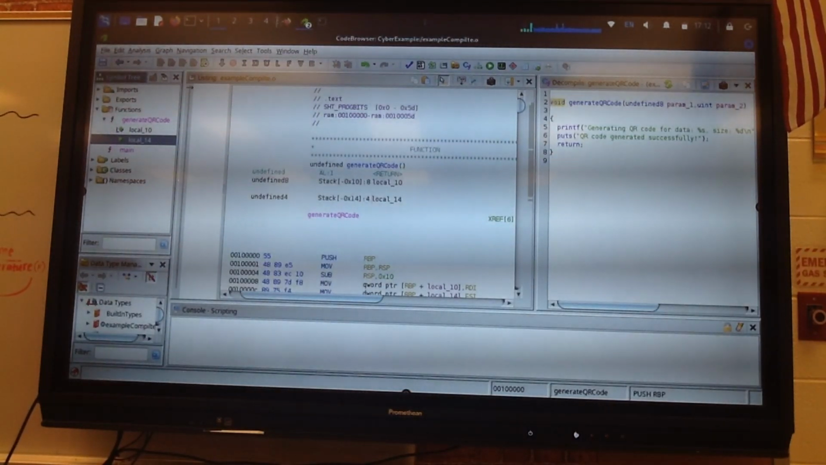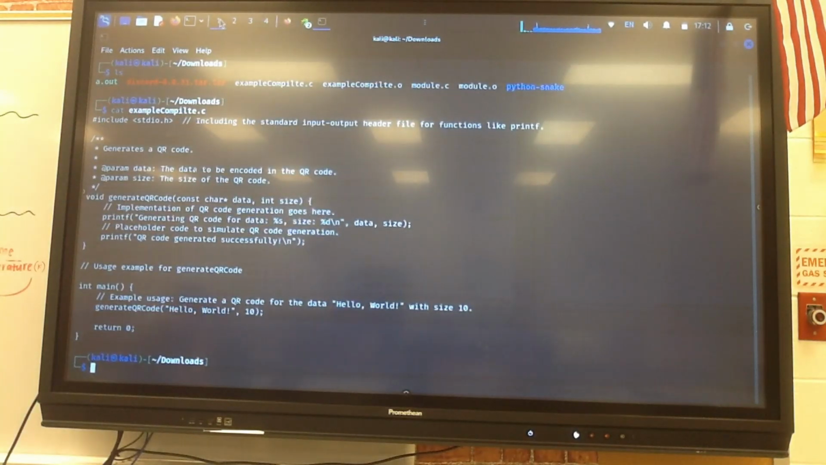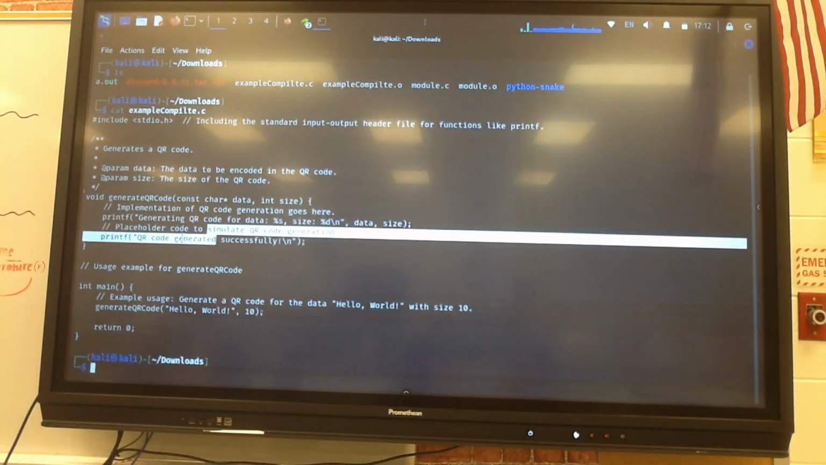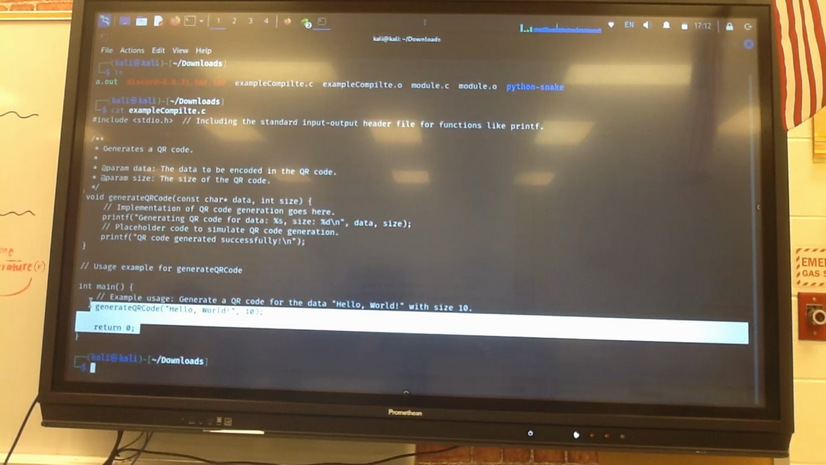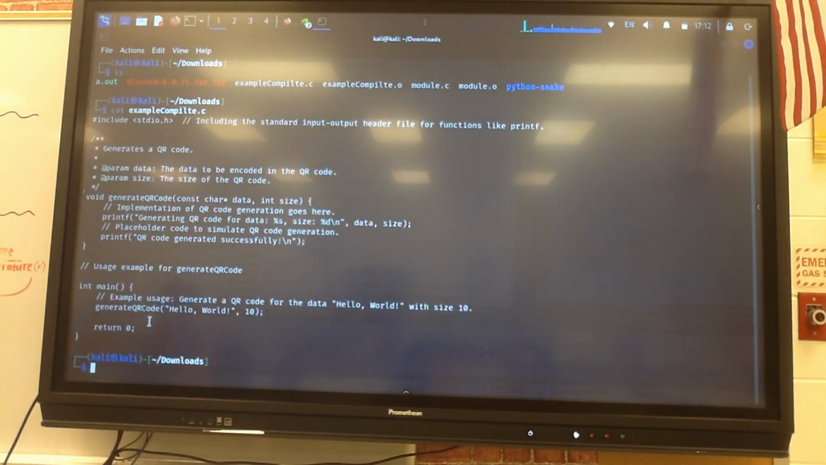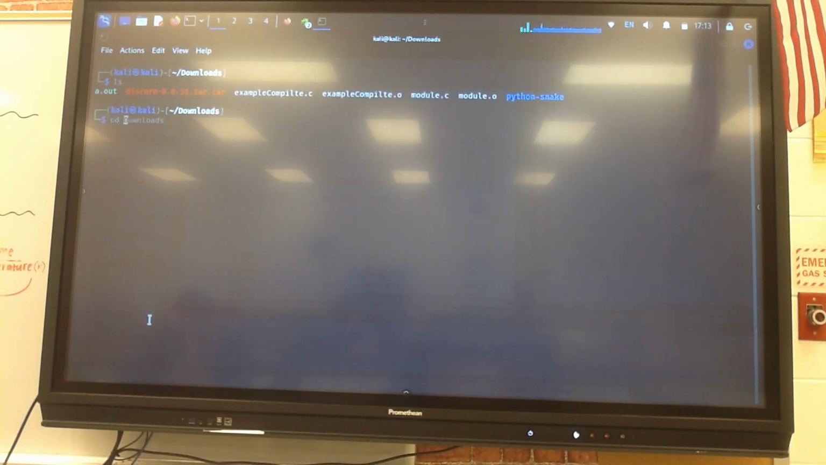Here, let's go back really quick to the terminal. Everyone remember the cat command that reads the contents of a file. So if I press ls and I press cat compile.c, it tells us everything on here. We can see our generate QR code, it's printing something, and it's printing QR code created successfully, even though it's not actually creating a QR code. And then our main is generate QR code hello world, return 0. But if we were to read the contents of example.o,